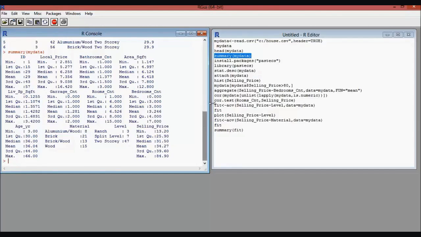If we observe the summary data, we will find that material and level don't have the usual statistics like the quartiles, mean or median value given for them. They are instead classified into their types and the number of occurrences of each type. We can see that most houses are brick houses, having the highest count, and aluminum wood houses are the least